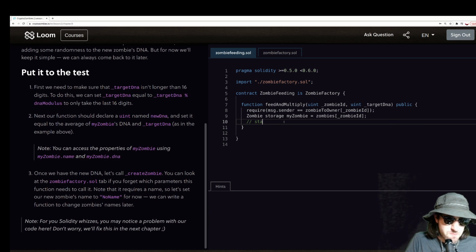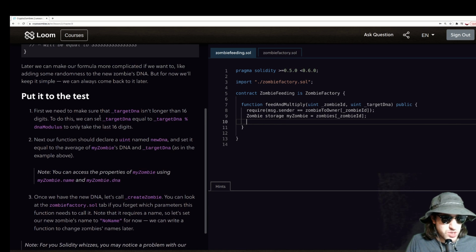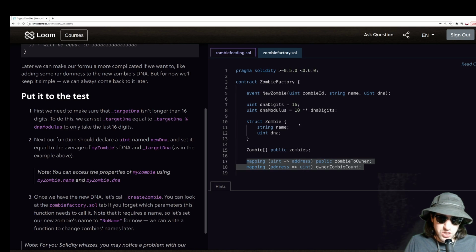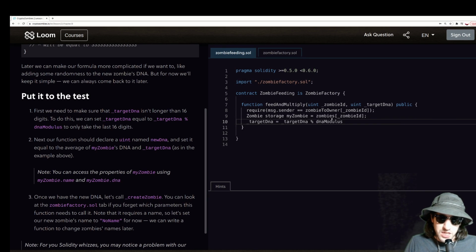Okay. So let's go back up and code this baby up. All right. So we're going to do target DNA equals underscore target DNA modulus DNA modulus. I think what's interesting is, DNA modulus is defined up here, right? I think in some languages you need to do like super.DNA modulus. Whatever. Anyway,